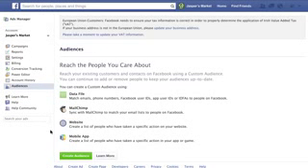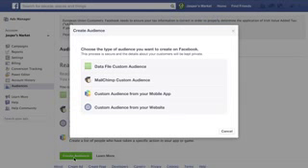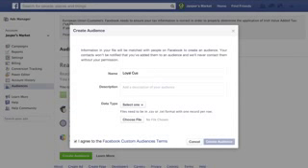Click the Create Audience button and you'll be prompted to upload your list. You can upload your list by selecting Data File Custom Audience. And there are other options for loading your customer contact info. You can use email addresses from your MailChimp account, or add customer info with data from your mobile app or website. When you're ready to upload your list, give your audience a name and description to help you keep track